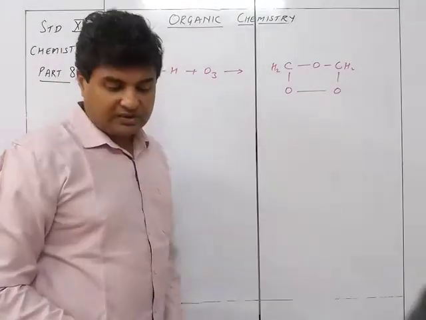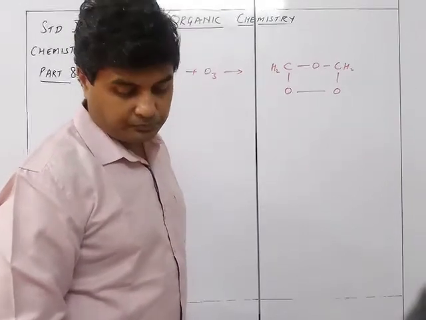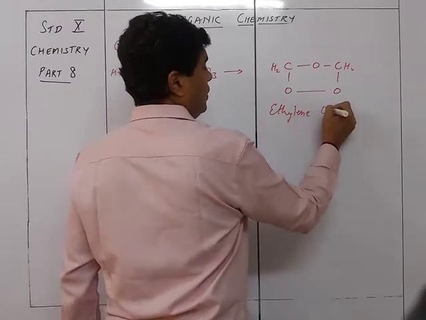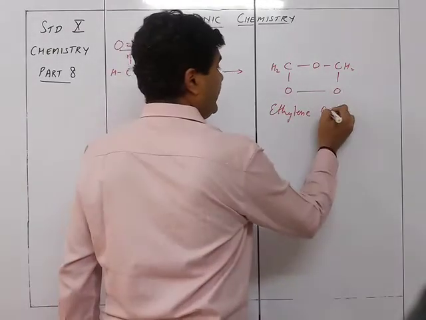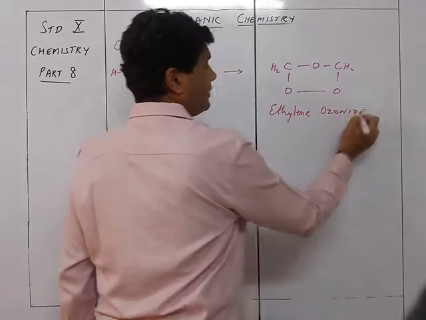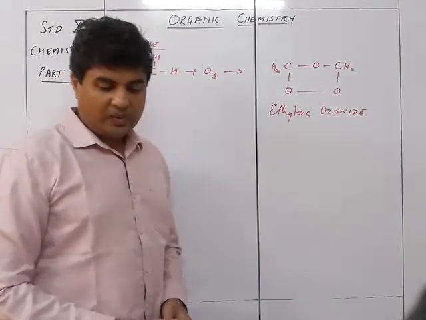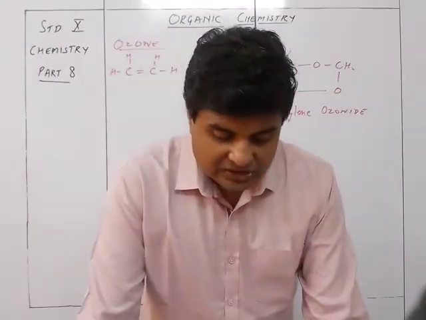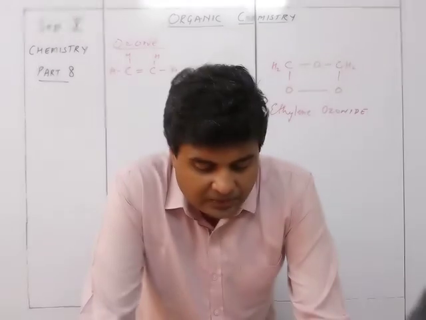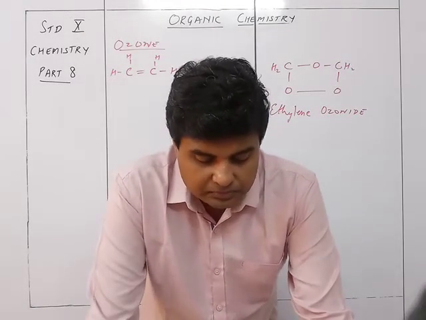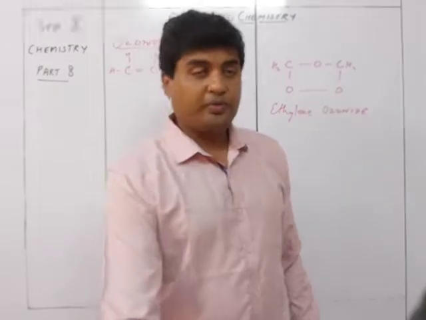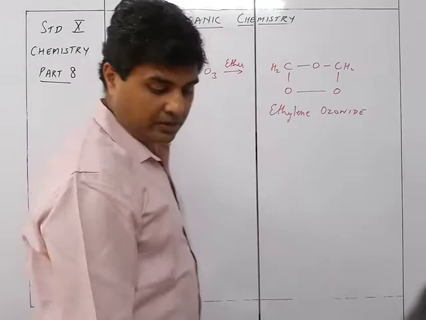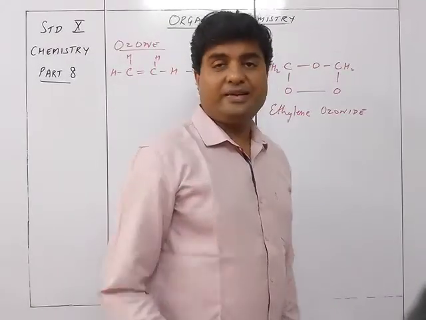So this is ethylene ozonide. It's a kind of ether because of the O in between like this. It is formed when a stream of ozone is passed through a solution of ethene in an inert solvent, ether. So ethylene ozonide is formed, and the reaction requires an ether in between. So that's for ozone.